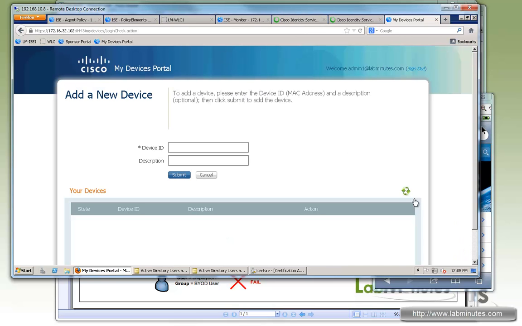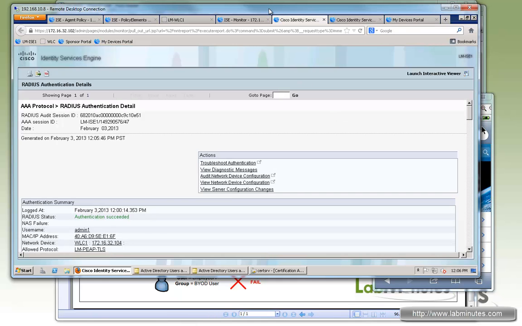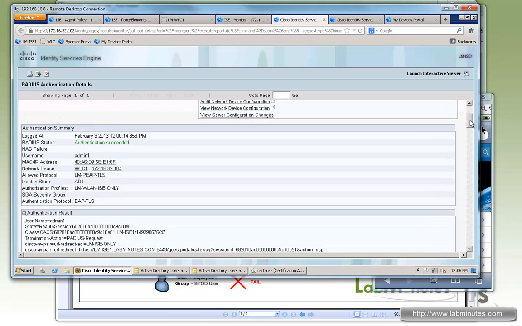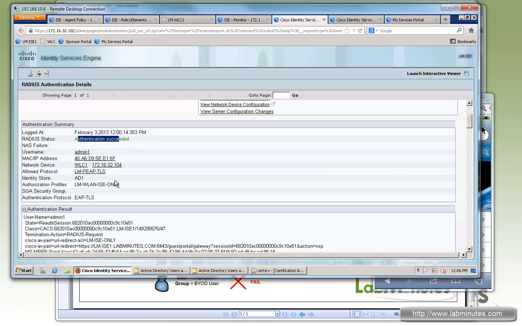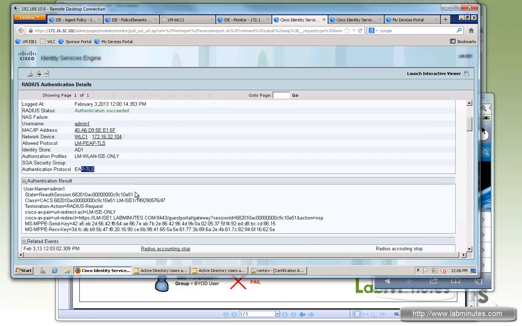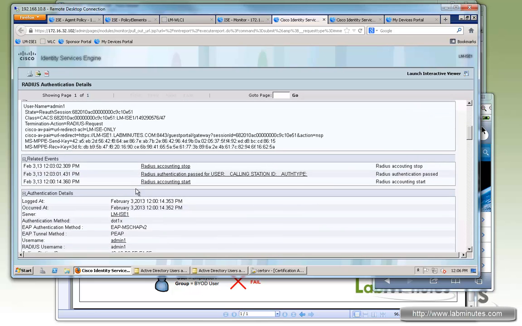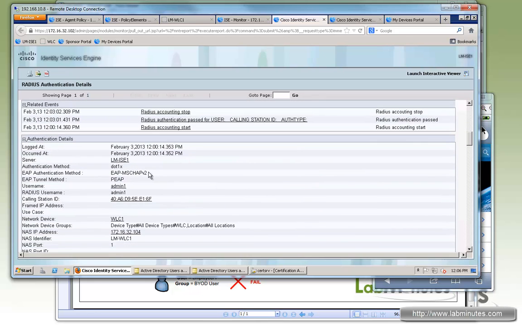While it's loading up, let's take a quick look at the My Device portal, and here we have the description of iPhone, the device registered. Okay, so this is the first one where the device is trying to onboard. You scroll down, right here it said authentication succeeded. Not too sure why up here it said authentication protocol is eap-tls, but if you scroll down a little further, let's see. Right here it's clearly said it's PEAP with MS-CHAP v2,